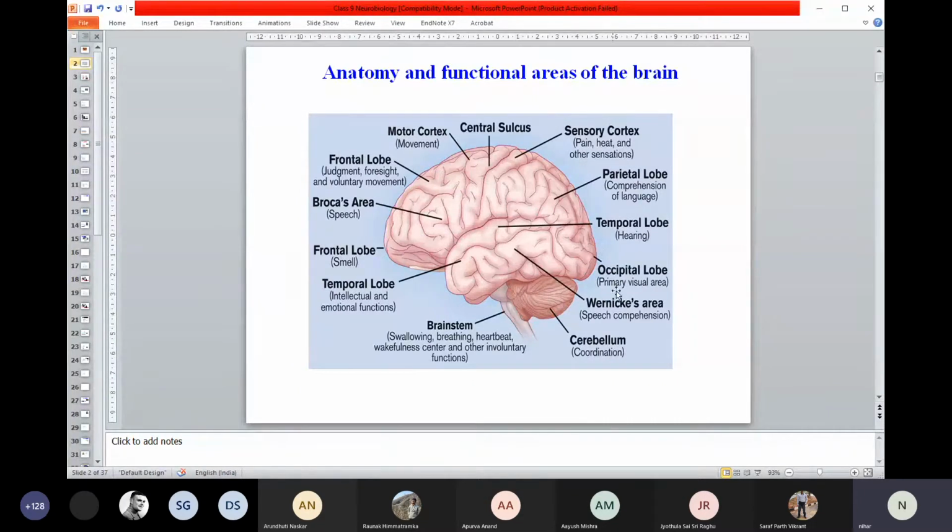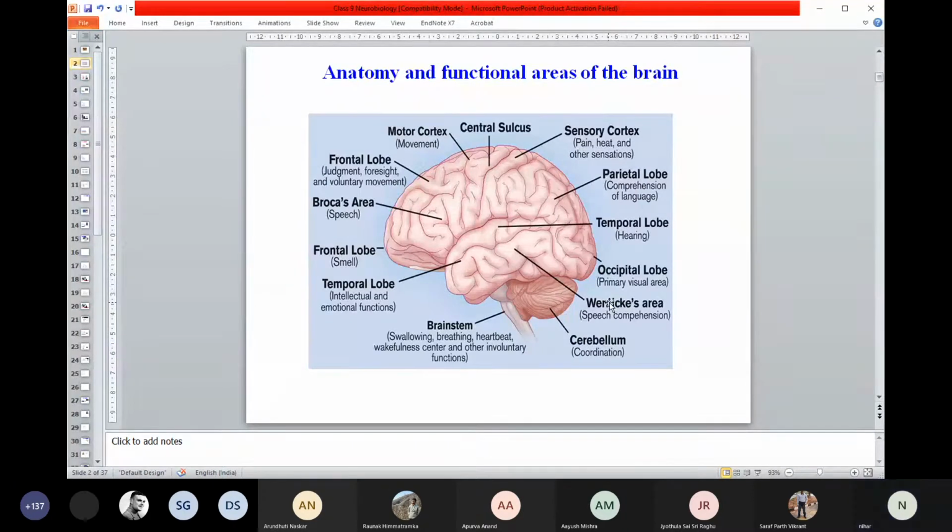And then if you look at the back side of your brain, it does one of the most important functions, that's the vision. You look at the occipital cortex, occipital lobe, that's one of the parts that are responsible for your vision. And so you can see different parts of your brain. If you look at the temporal lobe, somewhere here, that is very much involved in your intellectual and emotional function. The place sometimes called the hippocampus, that's the place where most of the memory is stored, is in this temporal lobe, and so on.